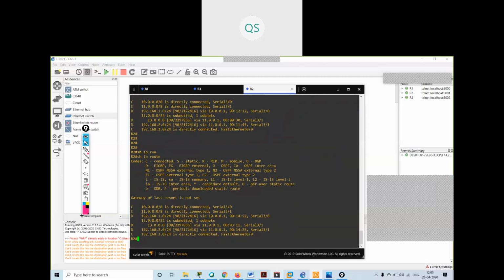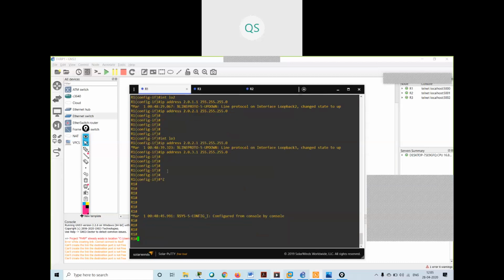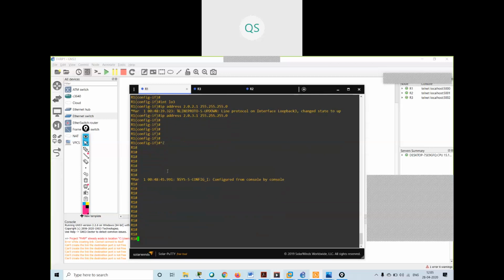See what I'm getting. I did not get the 2 network because I have not advertised it yet. So I have to advertise it in EIGRP.